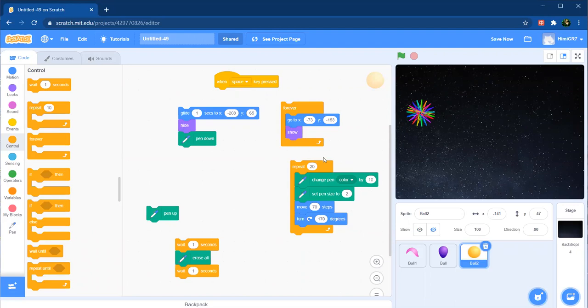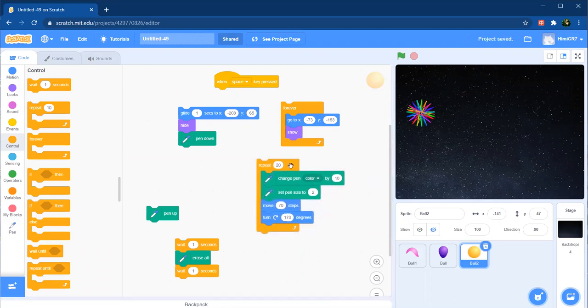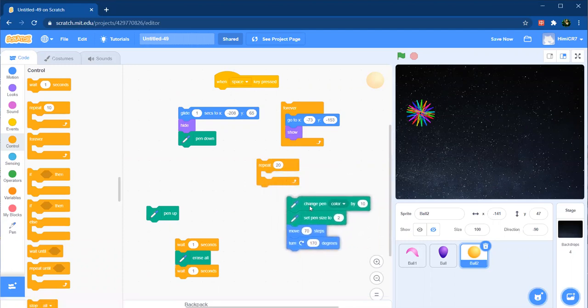Now for the pattern, I have a repeat block which repeats the function under it for as many times as we want. Here I have taken the count as 20.